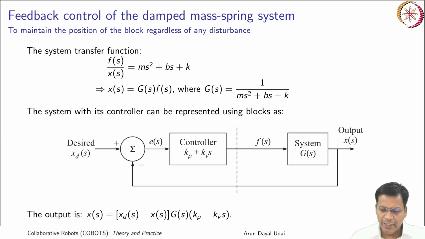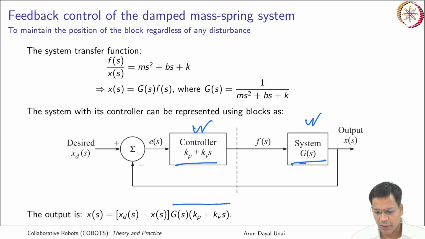Okay, now can I have an equivalent transfer function for the whole of my system, including the controller and the actual system which is there? So the controller and the system are in series. Okay, so we can take the product of them. Taking the product of that will become G(s) into (kp plus kv s). So that is what is shown here. Okay, so both of them go together. Okay, that comes here, whatever is the output, X(s) and Xd(s).